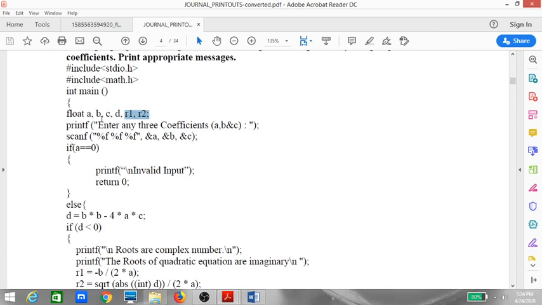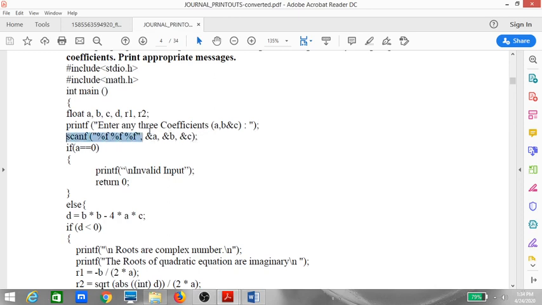Now, the next statement says enter the coefficients of a, b and c. That is, I want the user to enter the value of a, b and c. For that, I am using the scanf statement with %f, %f, %f, 3 times %f, because I am accepting 3 variables. And I need to know the exact address of these 3 variables. That is why I have included &a, &b and &c.